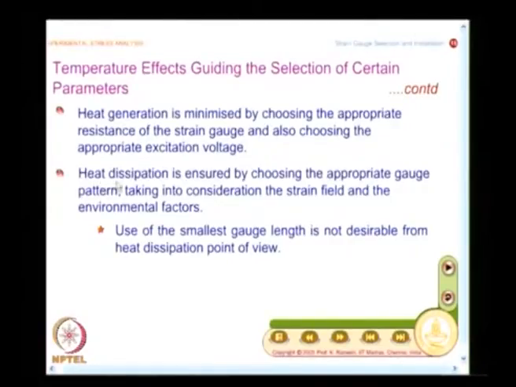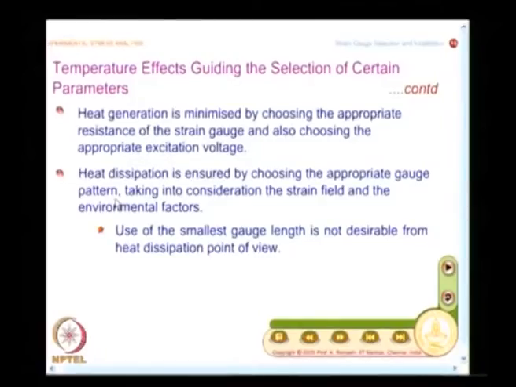You can improve the heat dissipation by choosing the appropriate gauge pattern. We had looked at, when you are using a strain gauge rosette, whether you should go in for stacked rosettes. They are very appealing when you want to find out strain at a point of interest, but from the heat generation point of view, they generate more heat and dissipation will also be cumbersome in such situations.